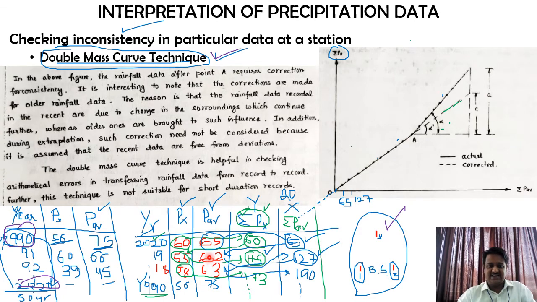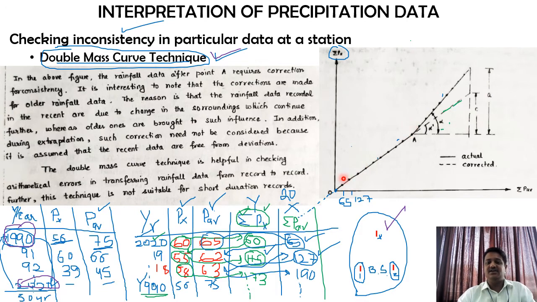Now the second step is, since for this graph the x-axis is sigma P average and the y-axis is sigma Px, you need to make these 2 additional columns. One column will be sigma Px, that is the y coordinate, and one more is sigma P average, that is the x coordinate. Based on that we do these particular calculations, and that itself will give you the values of the x ordinates and y ordinates.